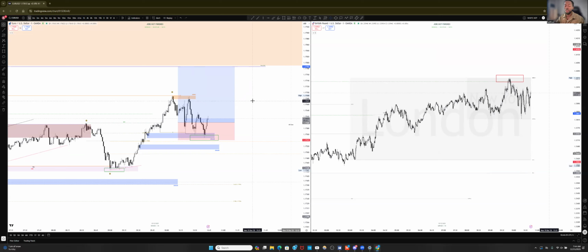So I don't deal with these types of mental gymnastics. I just accept it, let the market do what it does. If it takes us out, it takes us out. If it keeps us in, it keeps us in.